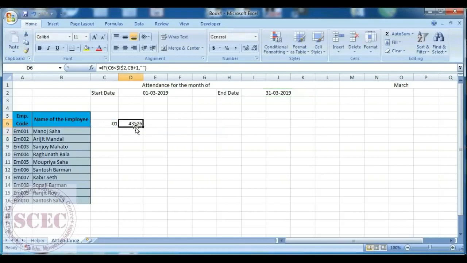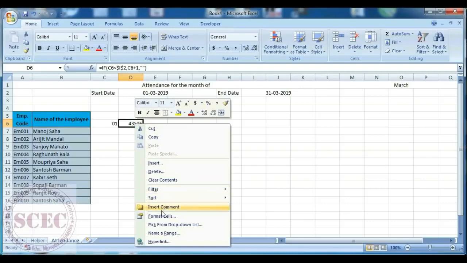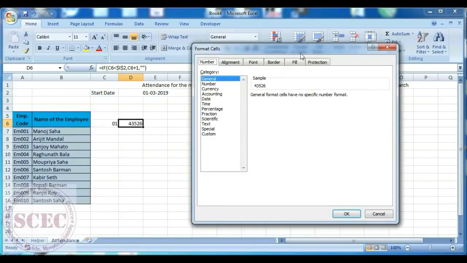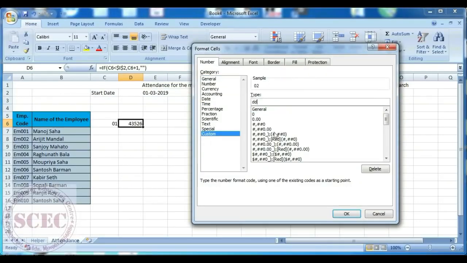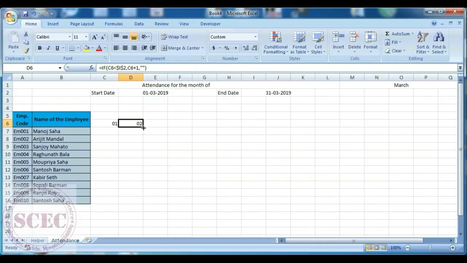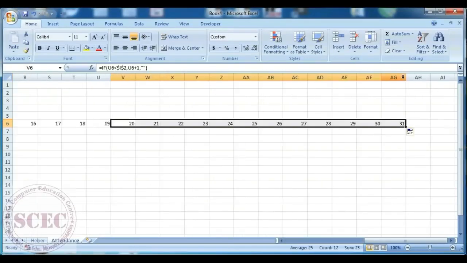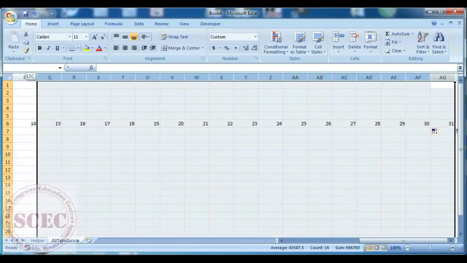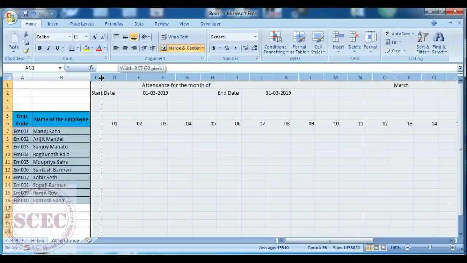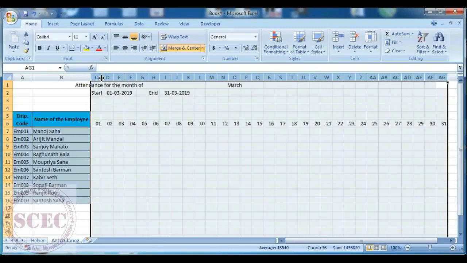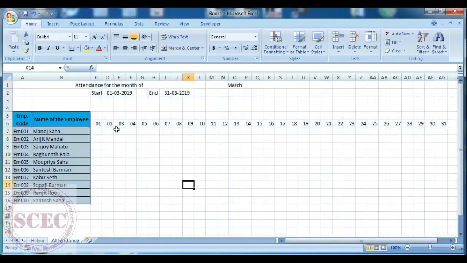You can see this is a date with serial. Now format the cell with custom DD and press OK. Now drag this cell up to date 31st March. Now select all the columns and then drag the column width to fit. We got all the days from first date to 31st date.